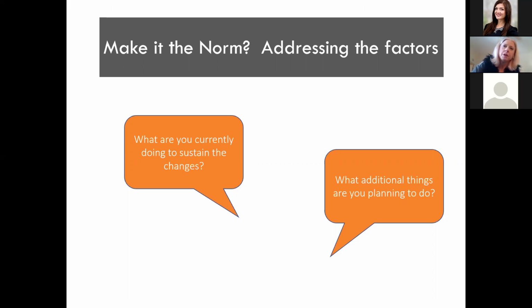So think about what are you doing around those key factors already. Focus on your strengths right now. What are we currently doing? Are there any additional things that we are planning to do that we may need to consider in a different light now? I bet everyone on this call has something they could share about sustainability